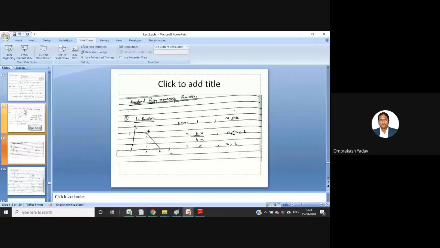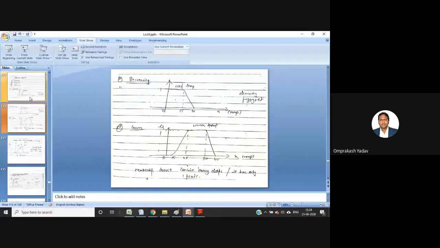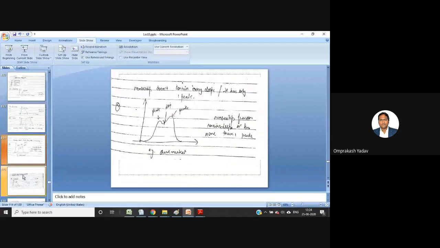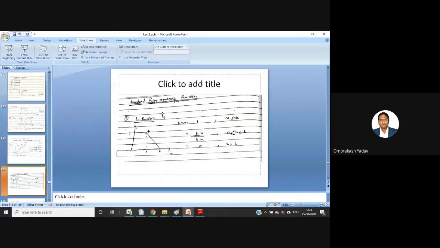Now, the previous question was explain different types of fuzzy sets. And this question is explain different types of standard fuzzy membership function. Please remember this. Most of the people, in the exam, when this question is asked, will write the first part because that is a simpler part. They will remember that thing.